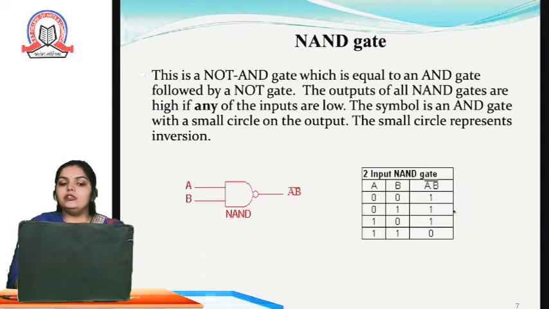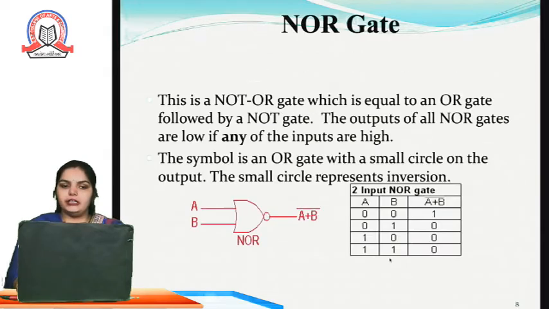Here we can see the truth table of the NAND gate. As we know, the AND gate does the multiplication and the NOT gate will invert its result. So for 0 0, because both the inputs are low, you will get a high result. Again, one input is low, one input is high, so there also you get a high result. And in the third combination of 1 0, you will get the high result. Okay, and if both the inputs are high, you will get the low result in case of NAND gate.